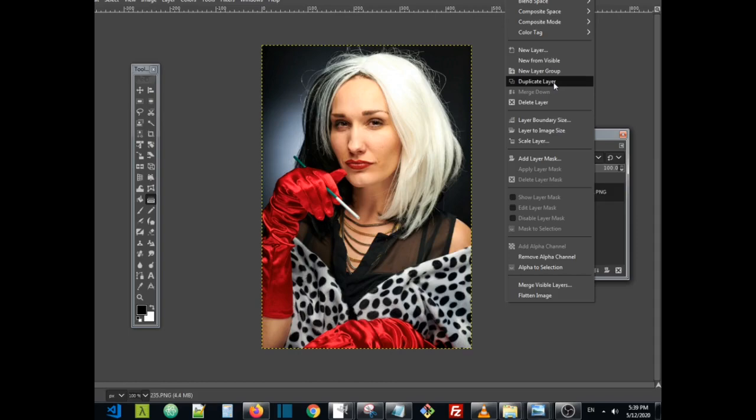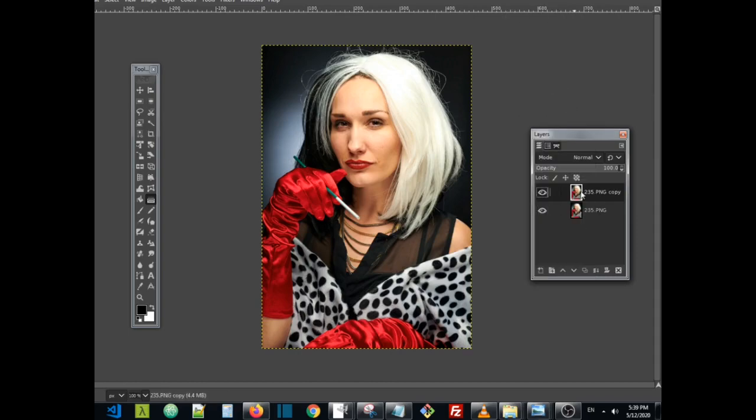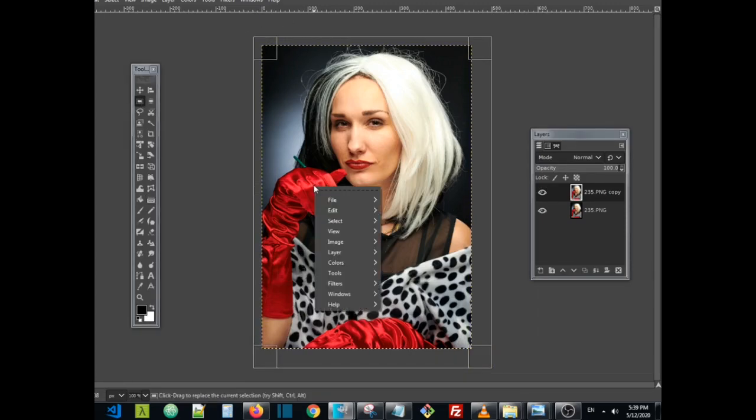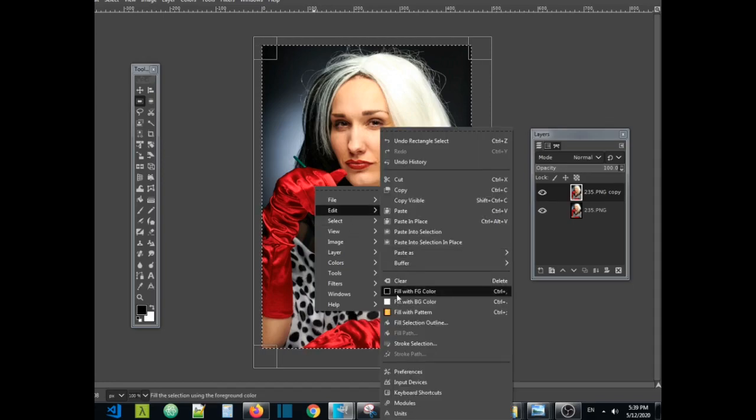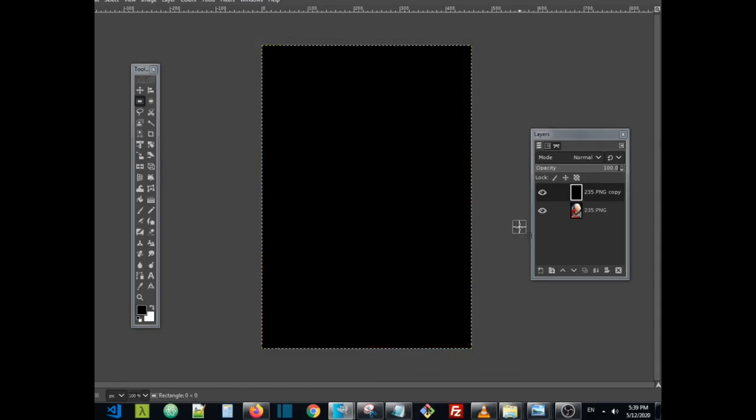So I will duplicate this layer. So we have right now two layers, and I will make it this one. I will give it a color to see a little bit the difference. Okay, now we have two layers